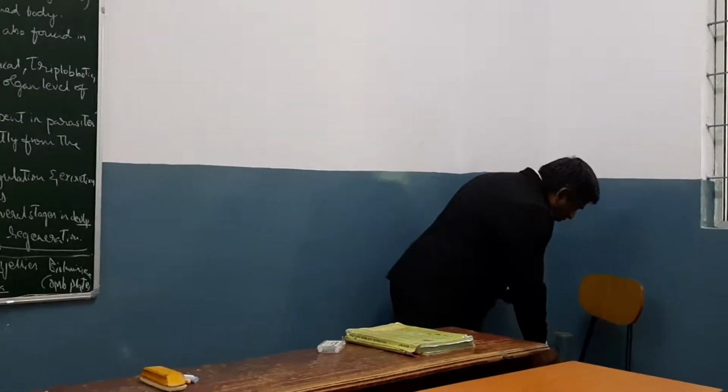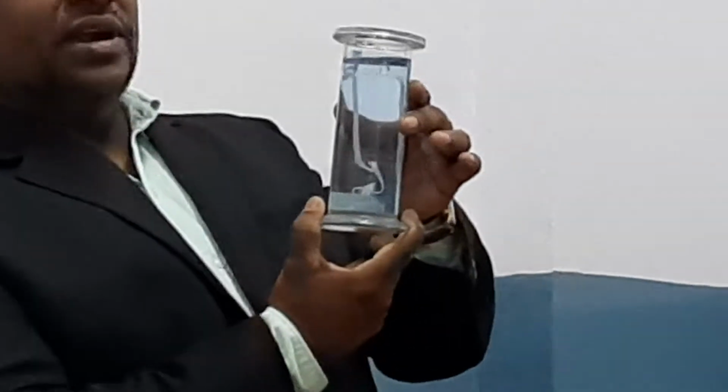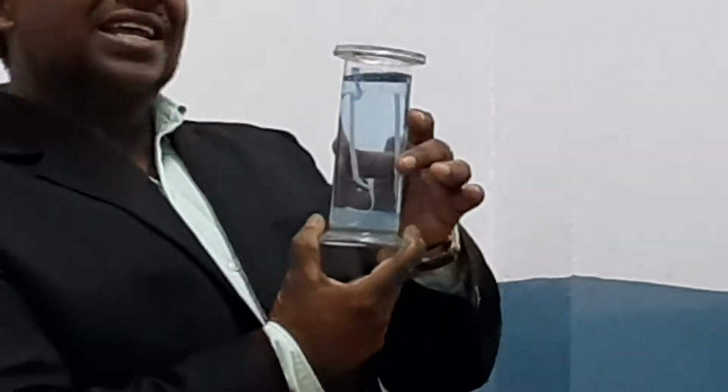Then there is a flatworm, tapeworm, Taenia solium. Here you can notice the length of it. You might have even drawn the diagrams. It's a hermaphrodite, an example for the flatworms. Okay. Then we have this